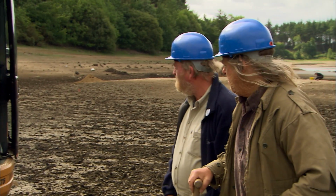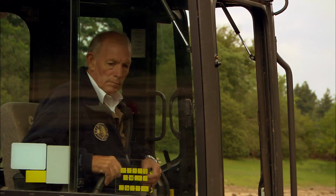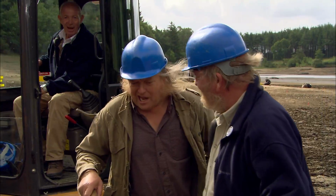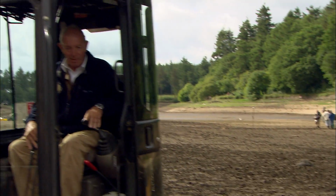Which way are you going? No, we're going that way. That's if Ian can point the digger in the right direction. I have heard they're having a lot of trouble recruiting staff these days, and the digger drivers are particularly susceptible